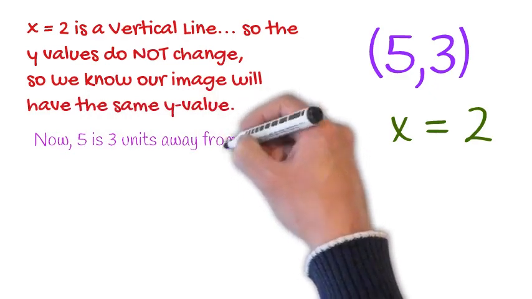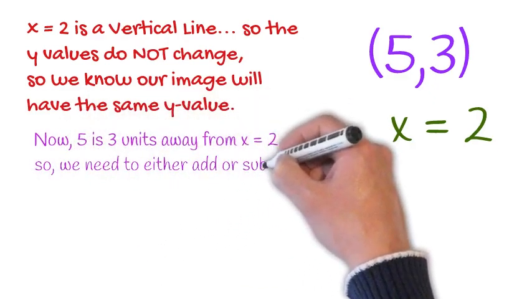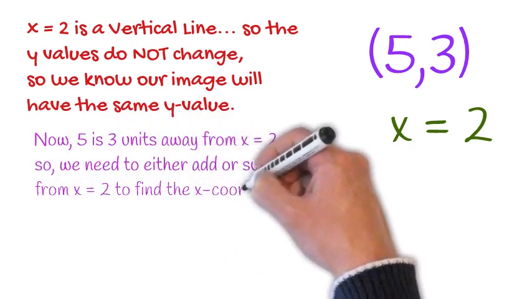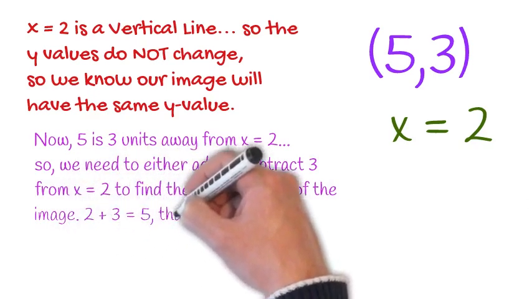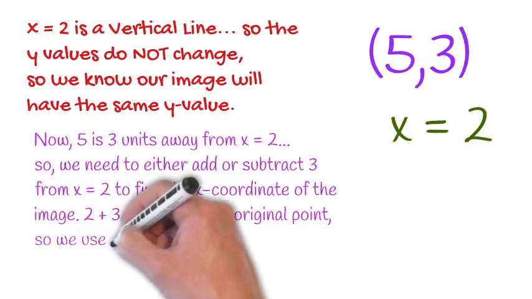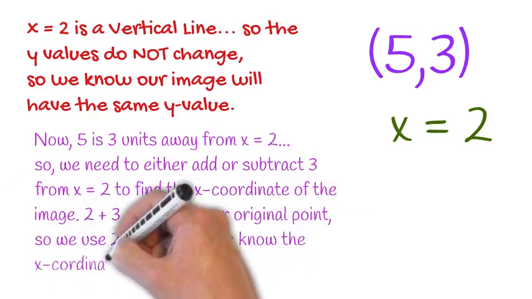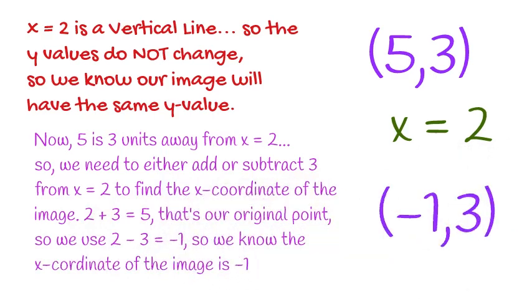Now 5 is 3 units away from x equals 2, so we need to either add or subtract 3 from x equals 2 to find the x coordinate of the image. 2 plus 3 equals 5. That's our original point. So we use 2 minus 3 equals negative 1. So we know the x coordinate of the image is going to be negative 1,